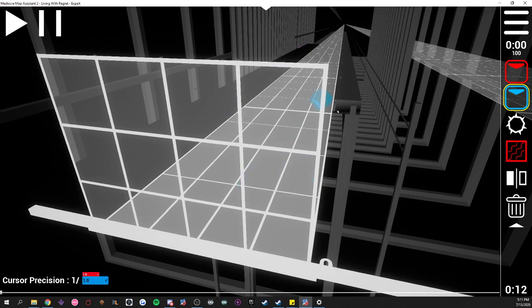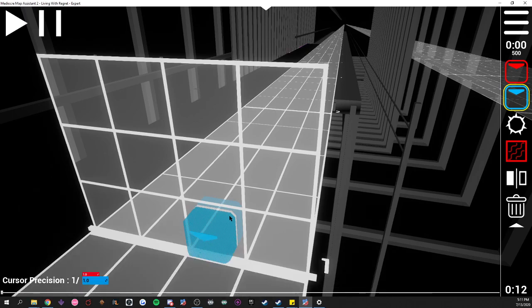In other terms, other shortcuts, if you use your regular 1, you'll get a red note, 2 will be a blue, 3 will be a bomb, 4 will be a wall, 5 will be the trash can. Usually, at the start of a map, I would always want to start on a down note. There are very few exceptions to this, but usually you always want to start on a down note because up notes are really sudden to start on a map,